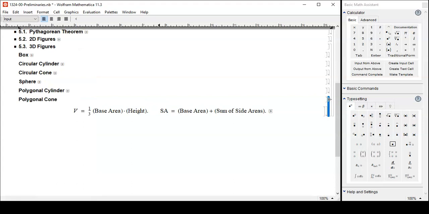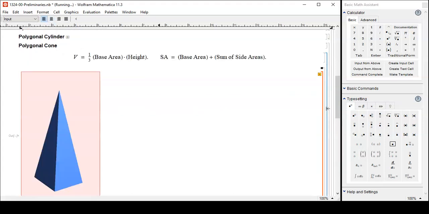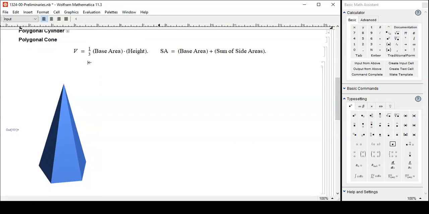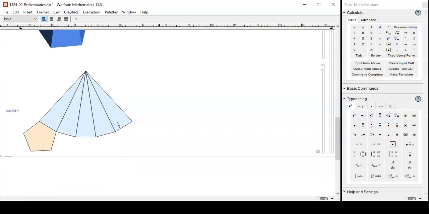Finally, polygonal cone. 1/3 base area times height. Again, why 1/3? That's a difficult question to answer. It's going to be answered in calculus, not here. It's too hard. As for the surface area formula, base area, okay, and then sum of the areas of these